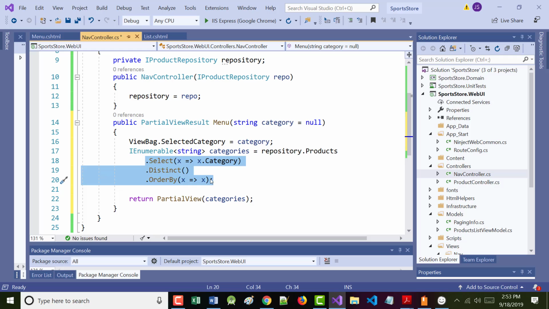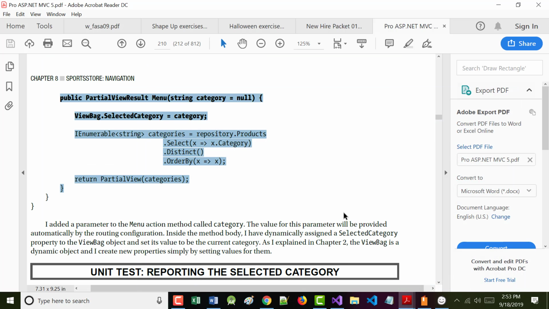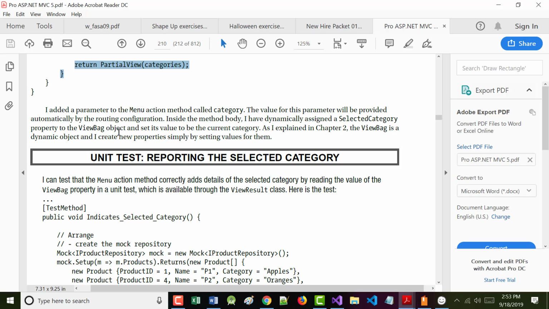When you say dot something, dot something, dot something, we looked at and used some chaining in the context of jQuery. But now we're doing it here. So the way this works is it says for our products, we want to be able to select each distinct category and then put it in order by that category. If you don't like my verbiage, there's the authors.